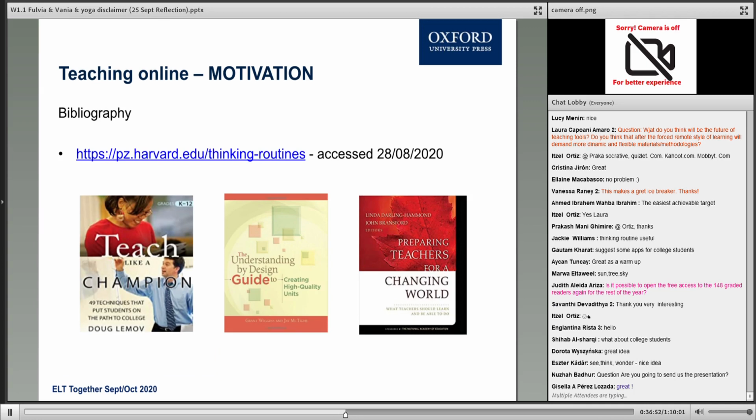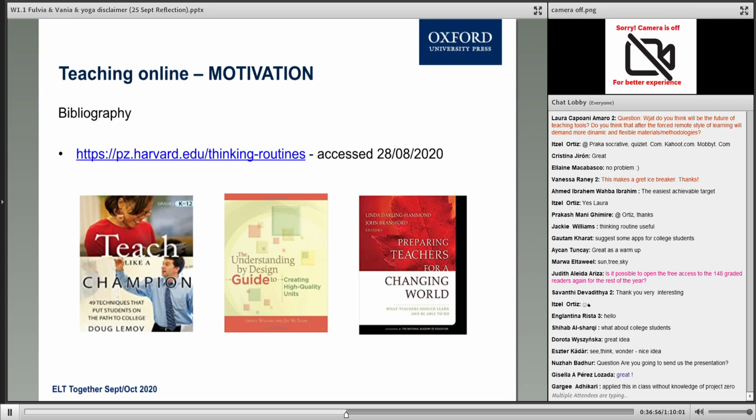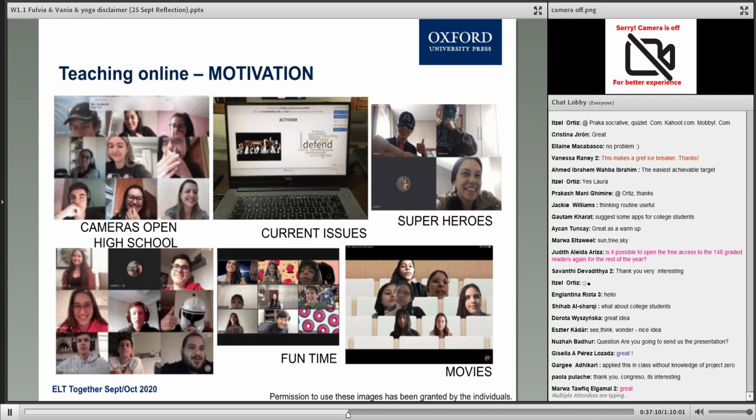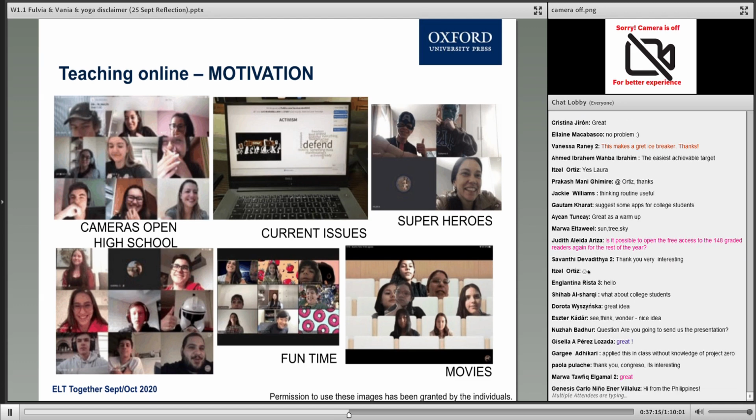Now, just to show you, here are a few pictures that you might have got yourself of students in the classroom. Although we have faced lots of difficulties and challenges we are still facing, we can still see happy faces on teachers and students being engaged in